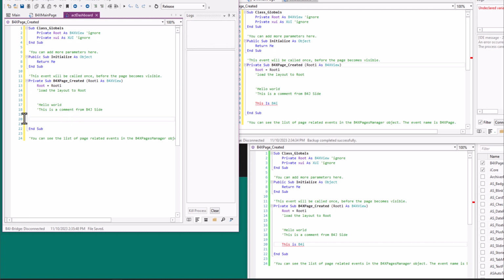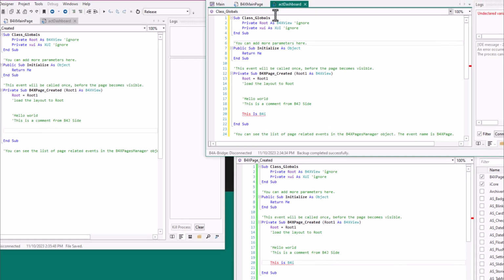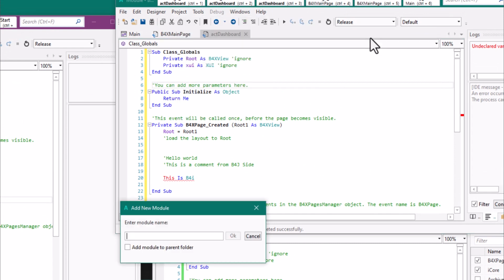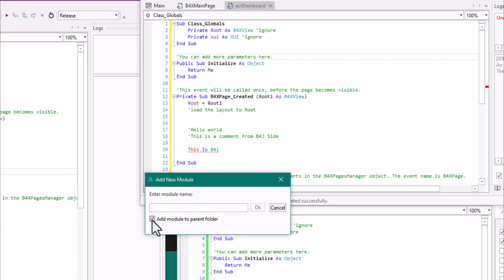So assuming I have another model I want to add, which will be shared still with all the platforms, I just have to go to project. This time let me do it in B4A. So project, add new class model, B4X page, add to parent model.